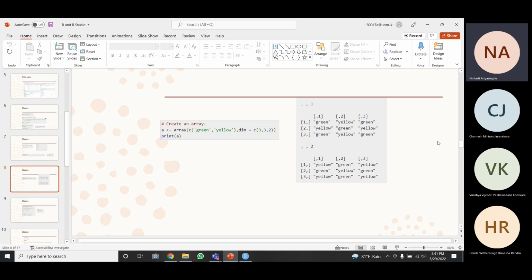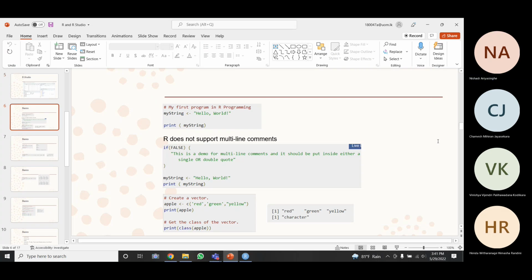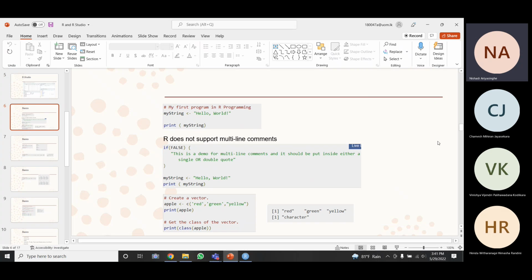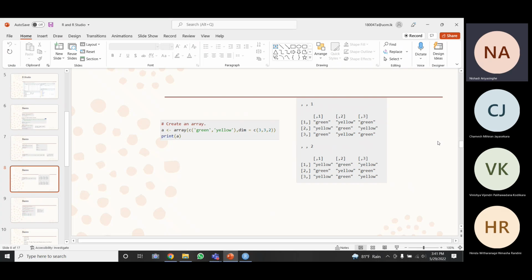Next you can create an array. So vectors, lists, matrices and arrays, those are the ways that we can store data, right?